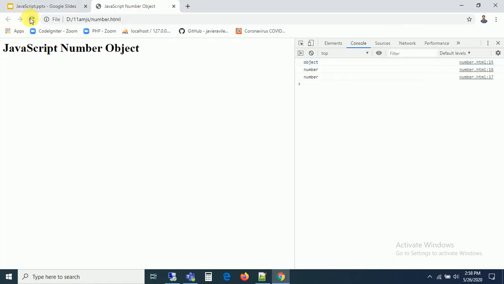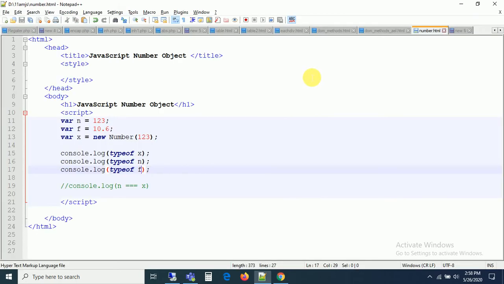Finally I want to conclude, in JavaScript, whether you define a decimal number or a number without a decimal, whatever it may be, everything will be treated as a number. That is a number object, number data type, right? So in the Number object we have some predefined properties and predefined methods to work with numerical values. So how to convert a string into a number, or a number to a string, and some of the methods are there, how to get the precision, how to get the toFixed value, and how to get the max value and min value which we can store in an integer, right? Let us see all the properties and methods one by one.